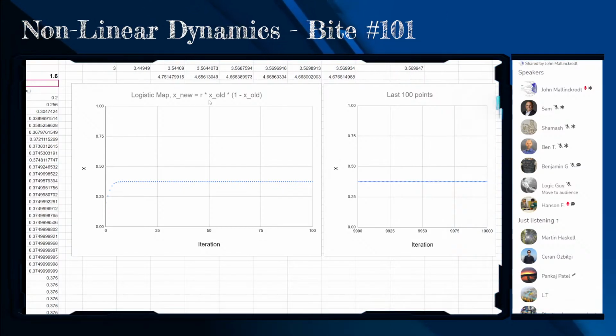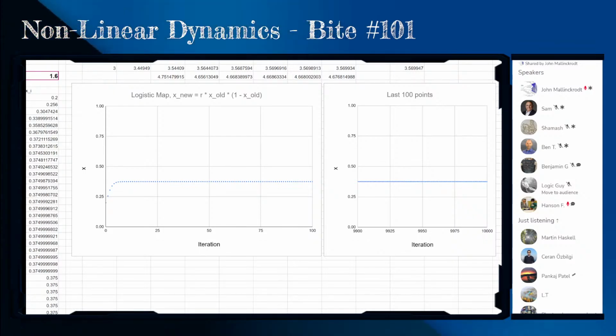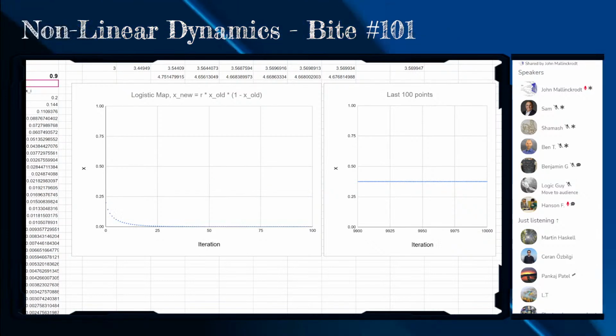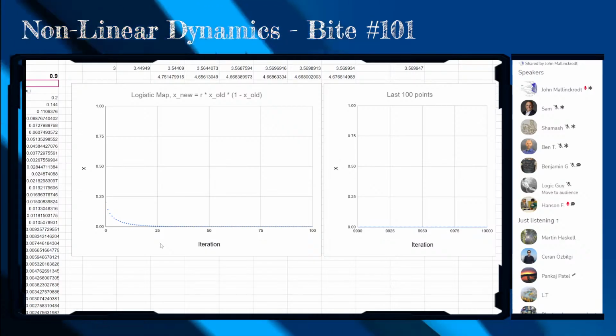Okay, so anyway, at 1.6 you see it's coming to exactly 0.375, it turns out. I'm going to start gradually. Well, let me first show you what happens if r is equal to 0.9. It starts at 0.2, and it gets smaller and smaller and smaller. What it does is it goes to 0, and it goes to 0 pretty quickly. But not